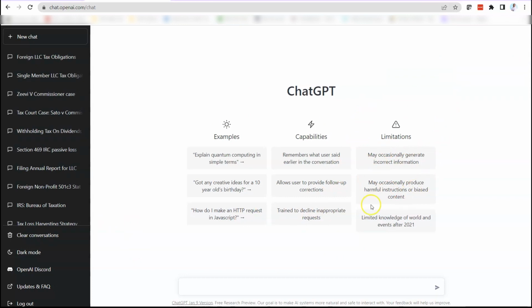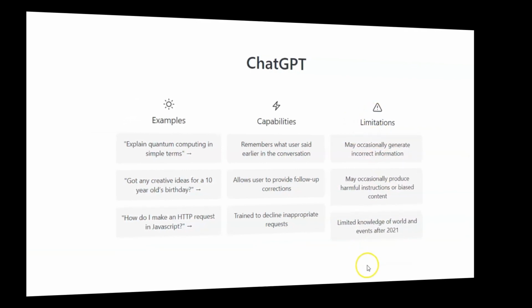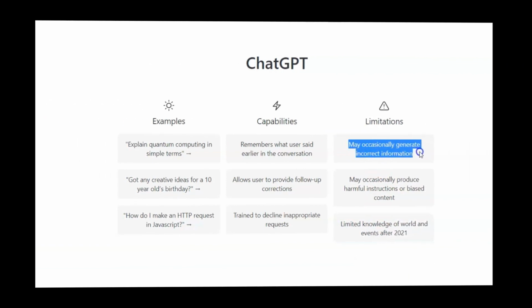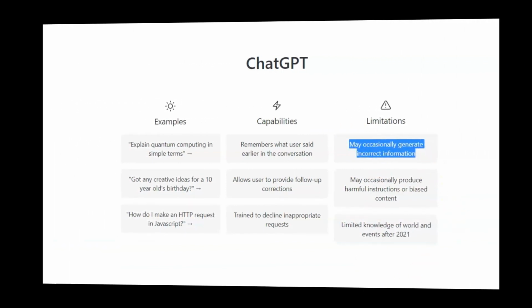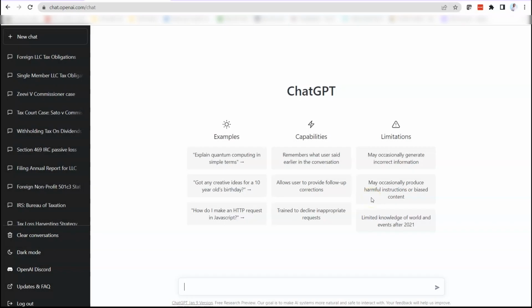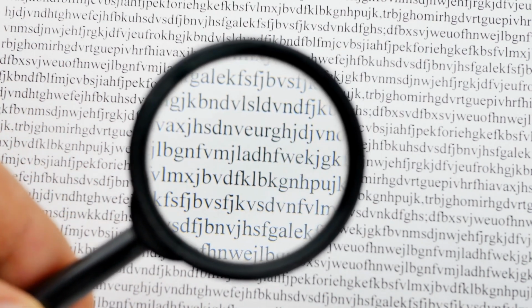Here's the ChatGPT. This is a chatbot. When you're here, it tells you what ChatGPT can do and some of the things you should be very cautious about. So, for example, it tells you that it may occasionally generate incorrect information. So that's something you need to be careful about. But hey, I have tried this. I think it's amazing the way it responds to questions and how it answers the questions and the grammar and everything. However, when it comes to technical stuff like taxes, you've got to be very careful when you're using this.